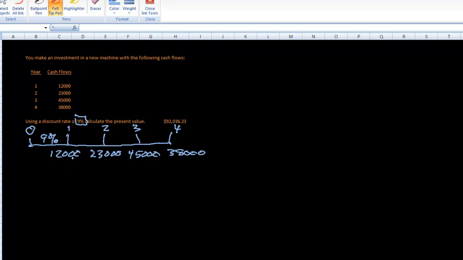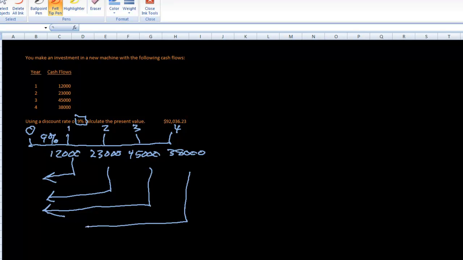And then what we want to do is calculate for each one of these the present value, what they're worth in today's dollars. So that's what we're going to do here. Okay, so if you recall, our present value formula goes like this. PV equals the future value times 1 divided by 1 plus the interest rate to the nth power